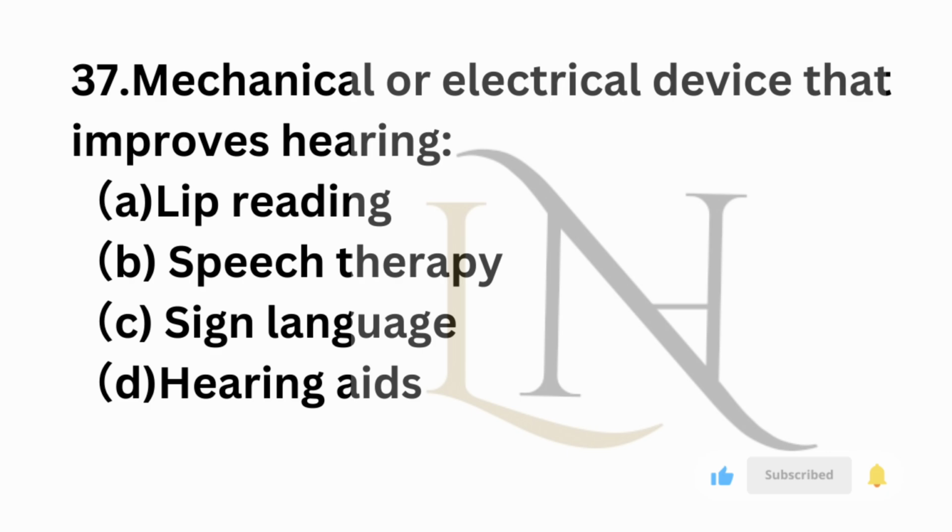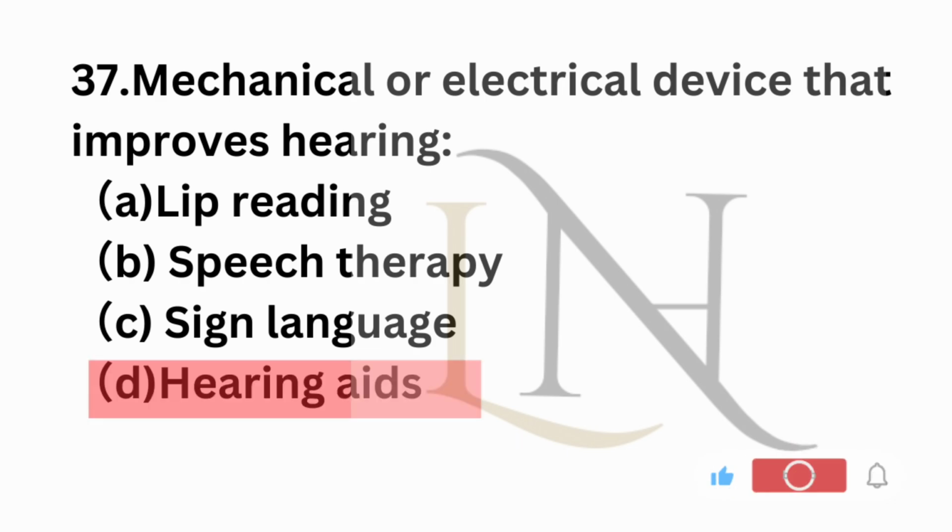Mechanical or electrical device that improves hearing: option A, lip reading. Option B, speech therapy. Option C, sign language. Option D, hearing aids. Correct answer: option D. A hearing aid is a mechanical device that improves the hearing. Next,